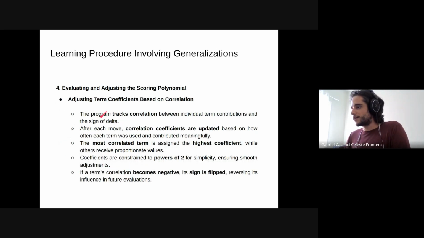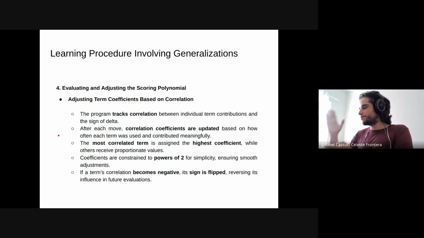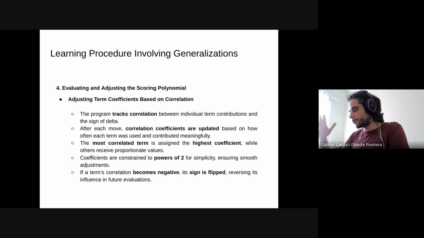And then we adjust: we track the correlation between individual term contributions and the sign of delta. After each move, correlation coefficients are updated based on how often each term was used and contributed meaningfully. So they can check, for each feature, how it is correlated with that delta. And the most correlated term is assigned the highest coefficient. So not backpropagation, but kind of saying that the highest derivatives should be updated more, the weight or the feature contributing more to the error or the loss function should